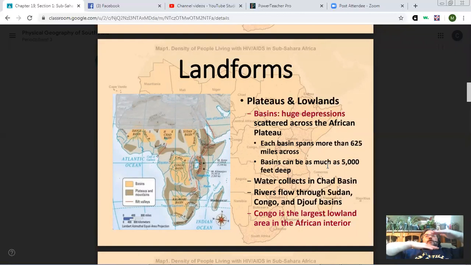But when you take 5,000 feet deep, which is less than a mile deep, and you stretch it out over 625 miles of distance across, the basin itself appears to be just extremely shallow, because obviously less than a mile deep spread out over 600 miles is about a 1/1000 ratio of depth to breadth, and consequently there's not a lot of water collection in those